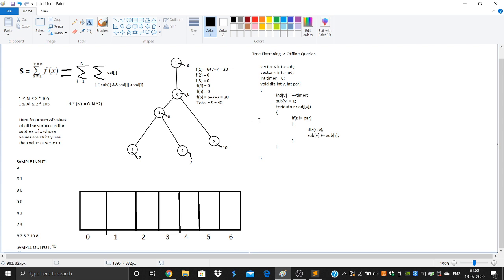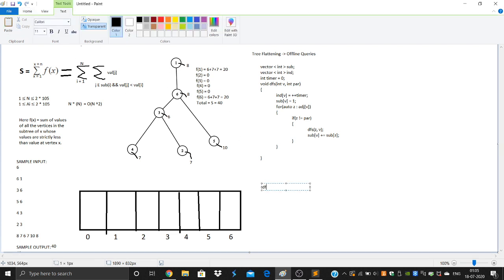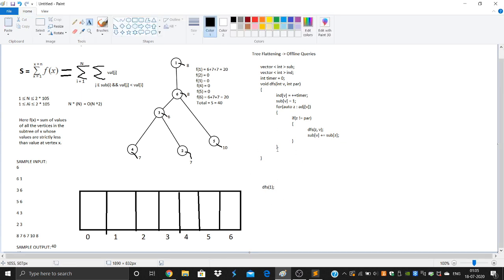For flattening the array, I would start a DFS from the root node. Basically, I would call DFS1 first of all. Somewhere in main, I called DFS1. So I would start my traversal here, and all I am doing is a very small computation. I'm calculating the in time of nodes in DFS.